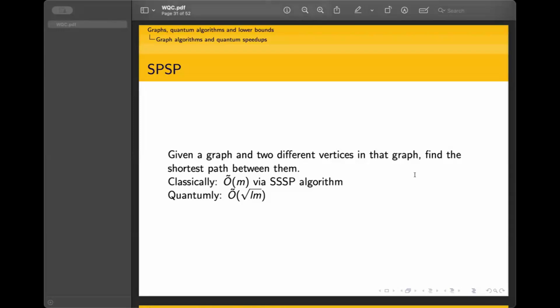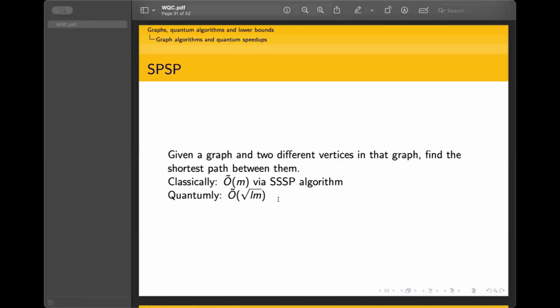So classically, the Dijkstra algorithm, which uses order of m steps, basically solves the single source shortest path problem. Whereas quantumly, we showed as a byproduct of this result that you can find single pair shortest path faster than via